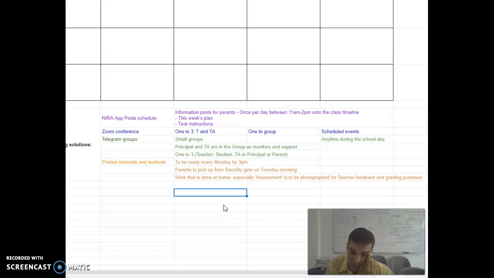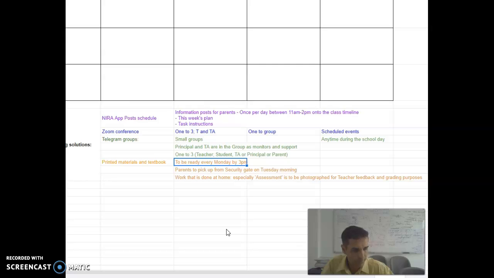If it's difficult to read the photo and you can't grade or assess it properly, and it was a worksheet which you did want to use as an assessment, then it's fine for the parent to drop that assessment off to you. There are no hard and fast rules on any of this right now, but in general, try to keep it as simple as possible. At the very least, prepare some materials that parents can pick up on Monday at 3 p.m. Also keep in mind that all of the teachers and TAs will be doing this every Monday. So therefore, try to